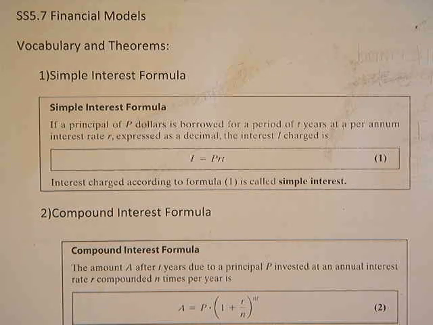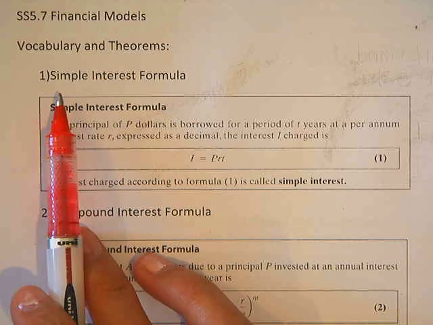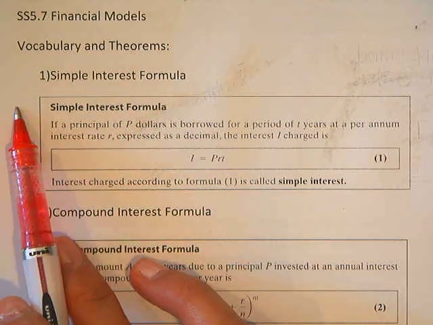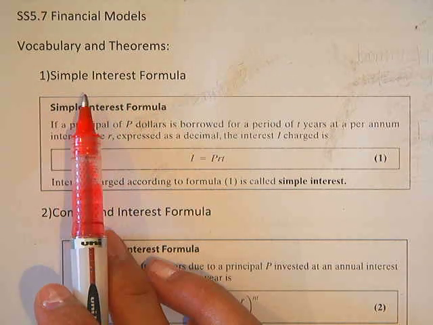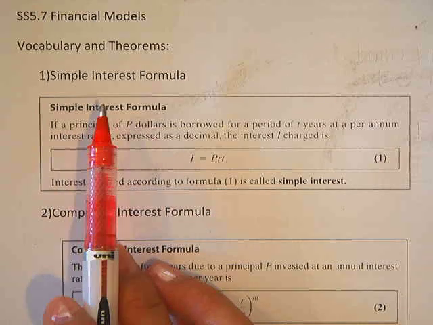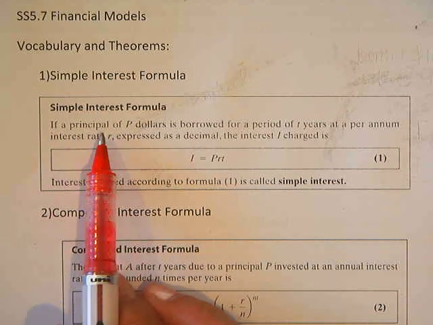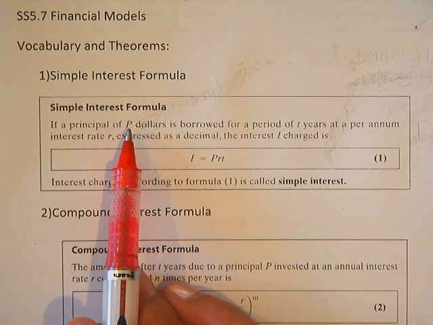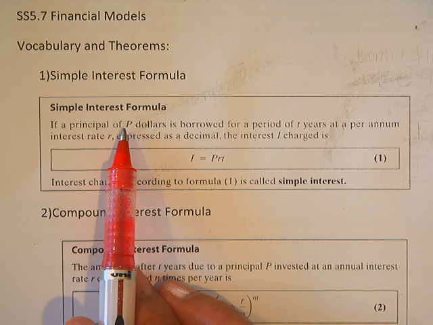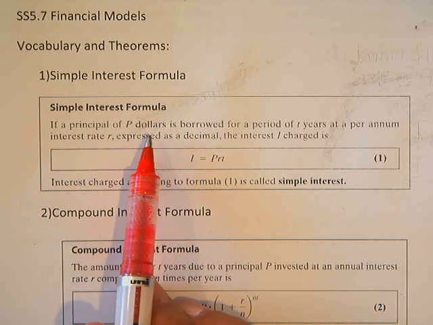Very exciting. Okay, so the first definition is called the simple interest formula. The reason it's called simple interest is because it's very simple to use and calculate. If a principal of P dollars, which is the initial amount you're going to lend somebody or you're going to borrow from somebody,